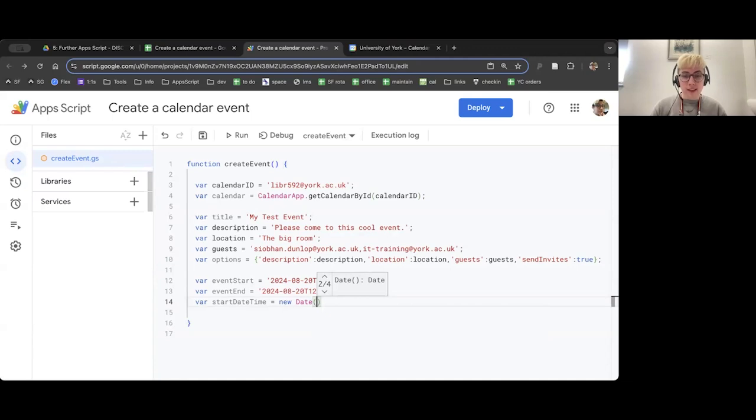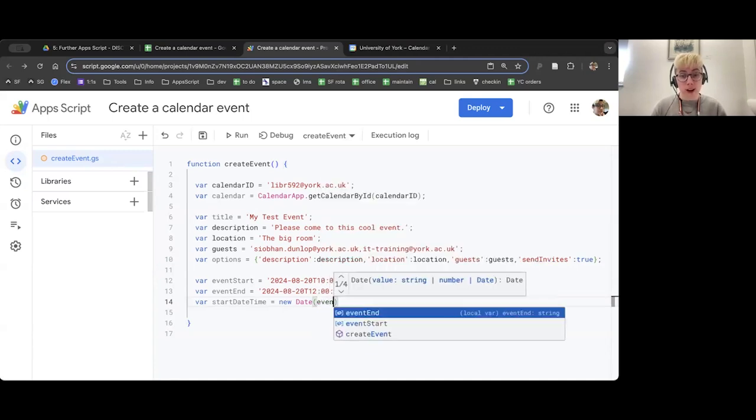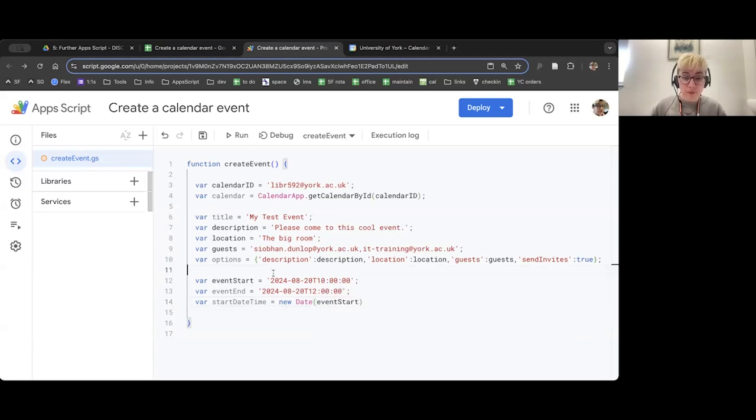And inside, I'm going to give it the information to turn into a date, which in this case is my variable, event start. I could have directly put in this string as a string with the quotes. I could have put that in there. But again, I find it easier to separate out these parts, especially when I'm getting to grips with how to create a calendar event. I'm going to end the line with a semicolon.